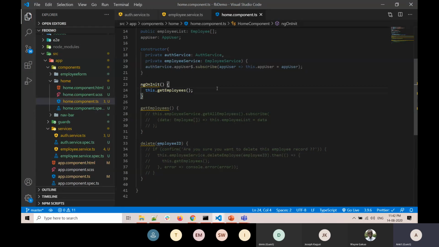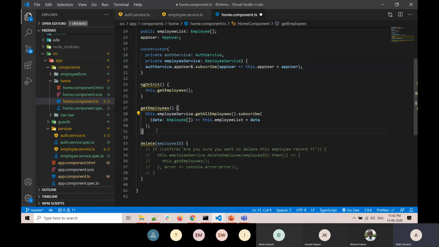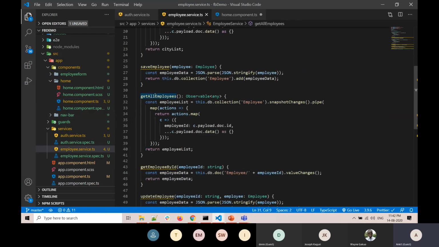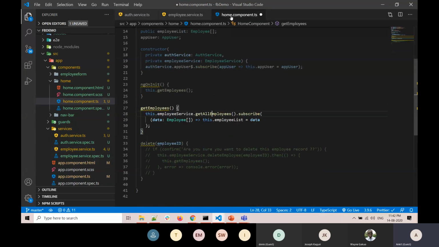So this is the home component. As soon as the application launches, this home component will be shown, and on the home component we are going to show the data in a tabular manner, which I have already shown you in the demo. Inside the ngOnInit, we are calling this.getEmployees method, and inside the getEmployees method we have this employee service's get employee. We have created this get all employee method. So this will be called when we launch the application on the home page directly, so that as soon as the application is launched, all the data which is present in the database will be fetched and displayed on the UI in a tabular manner.